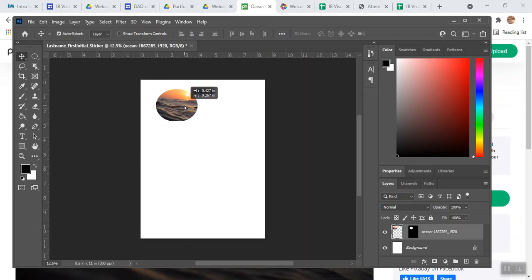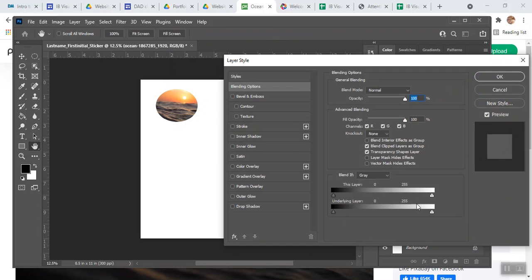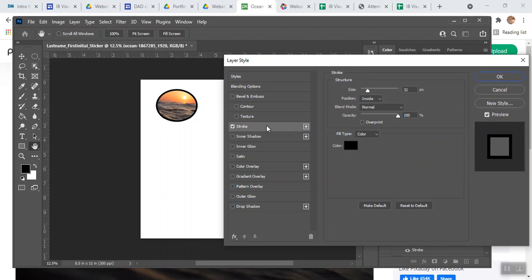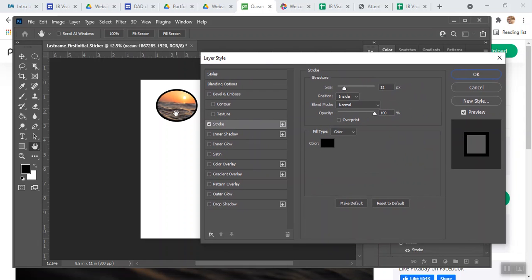If it's not exactly the way you want it, you can move it around a little bit. But I'm going to paper clip it back together and select the mask. Okay, so the mask, if I double left click, I can change my layer style, and I can add a stroke. So if I just check off stroke, so I double left clicked on the layer to open the layer styles, and then you can see in the preview, I clicked on this bar for stroke,